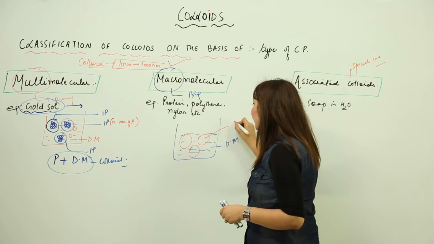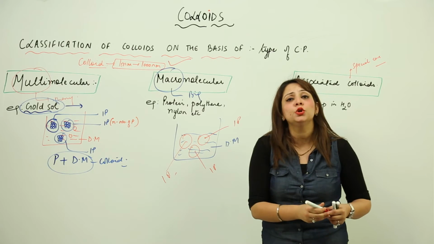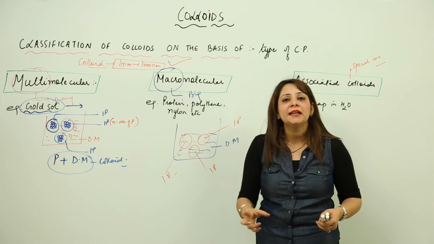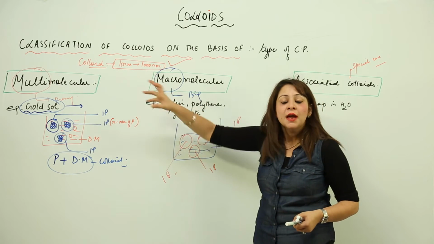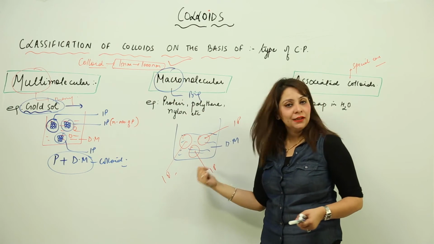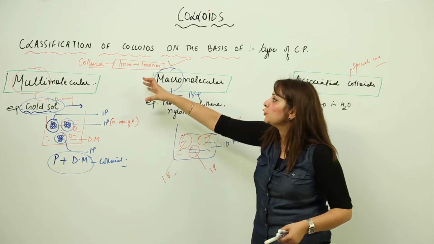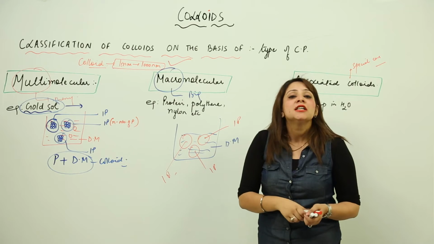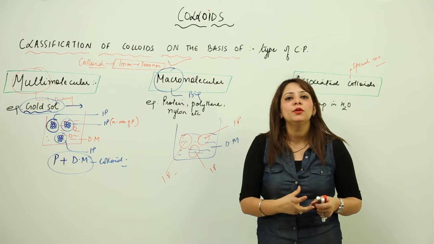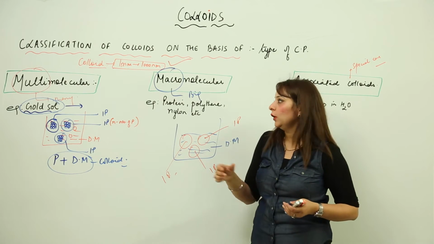So this is one colloidal particle here, this is one colloidal particle here, this is one colloidal particle here, which means no aggregation. Earlier we needed an aggregation because the individual particle size does not fall in this range, but when they aggregate to each other they fall in this category, right. But in contrast to that, here a single particle falls in the range of 1 nanometer to 1000 nanometer. So no aggregation is required in such a case. A single molecule is acting as a colloidal particle. So this is what we have, a macromolecular colloid.